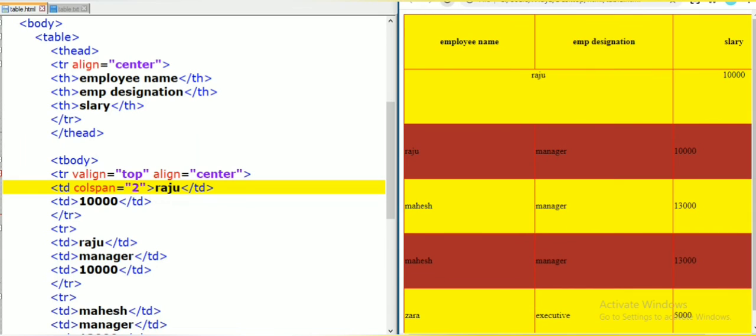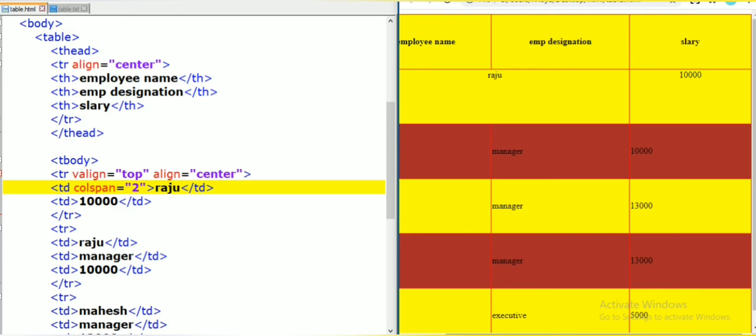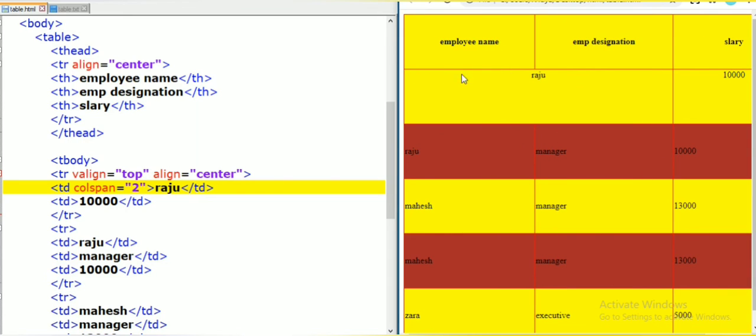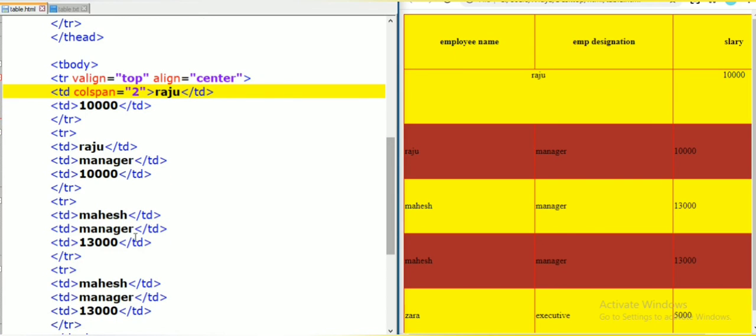So we can observe here. Now the whole table is aligned properly. Okay, these two cells are merged here. Next one, rowspan. If you want to merge the rows here, so these two cells I am going to merge here, manager and manager. This is the second row of the content of the table. So these are the two contents I am going to merge here.